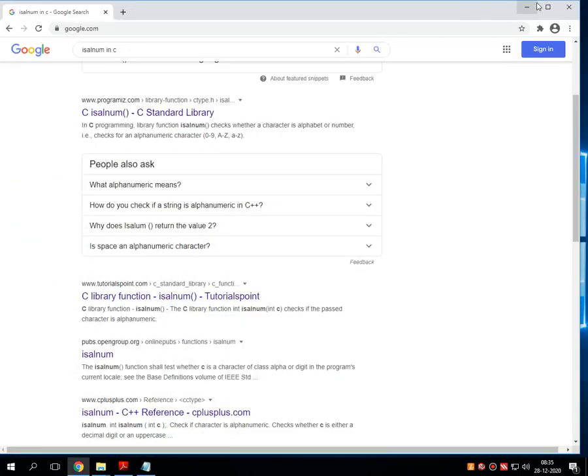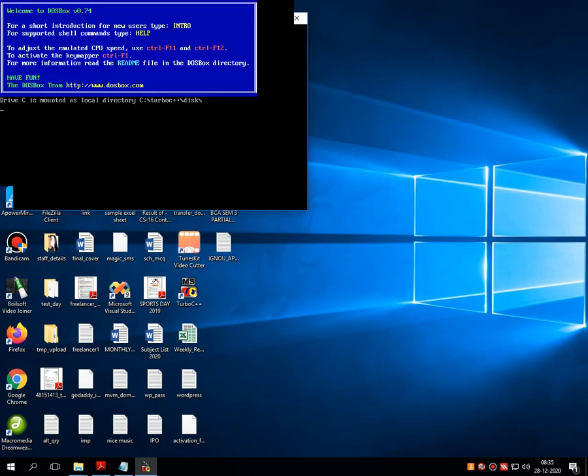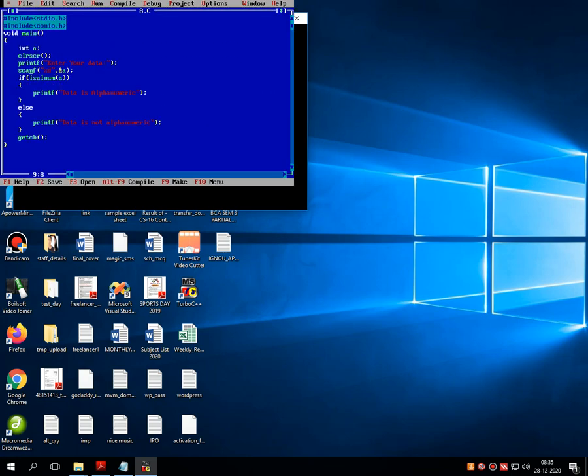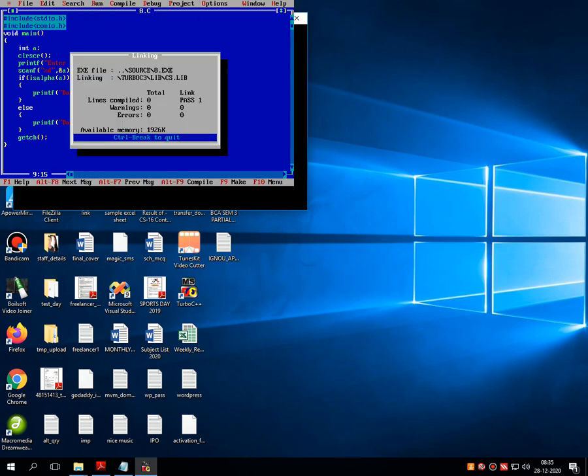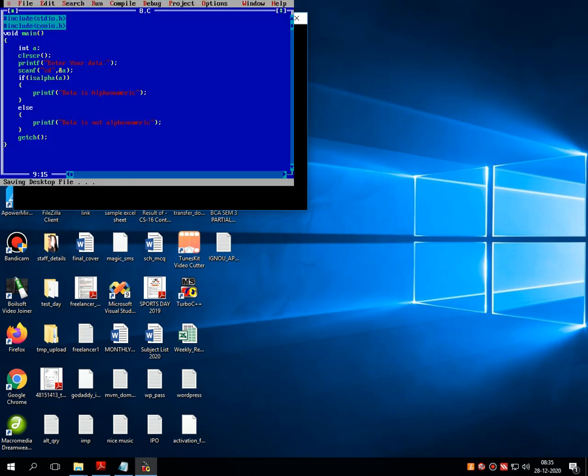Again I am going back into the C. Then I am changing the function from isalnum to isalpha. Let me check for syntactical errors. I am entering the digits. It returns that data is not alphabetic.